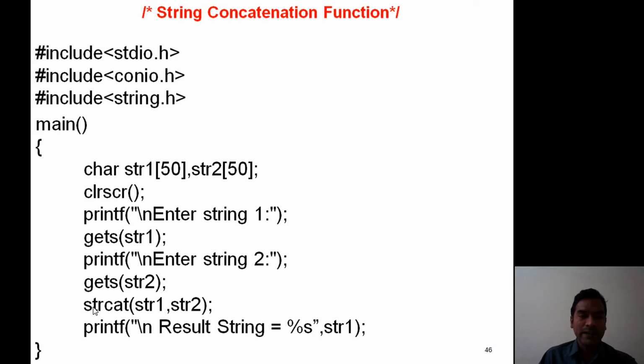Now the function strcat(str1, str2). Here the contents of str2 are added at the end of str1. Finally the result is available in str1, hence we print the result string str1. This is the string concatenation function.